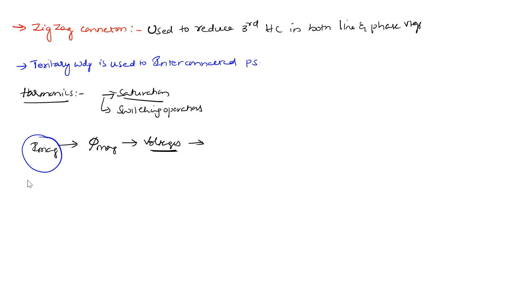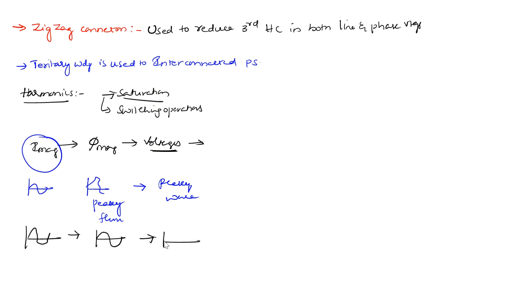In the normal case, if the magnetizing current is sinusoidal, the flux becomes peaky, with a rich harmonic content. Once the flux wave is peaky, the voltage will also be a peaky wave. To avoid this, we take the current as this peaky wave, so that the magnetic flux will be sinusoidal and the EMF will also be sinusoidal. This is an important point.